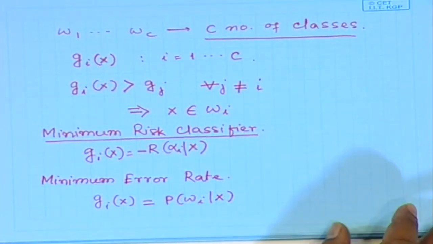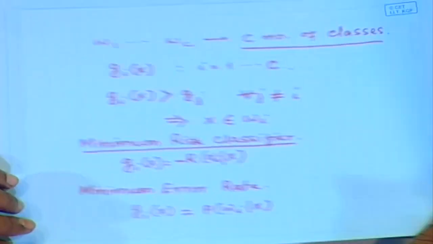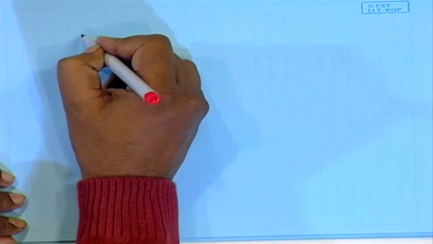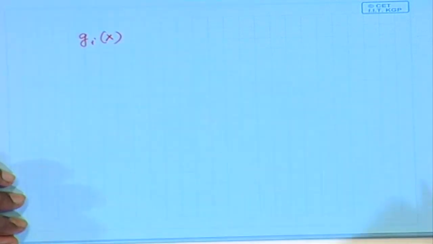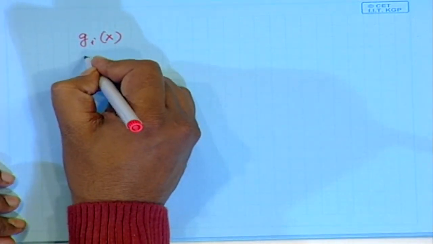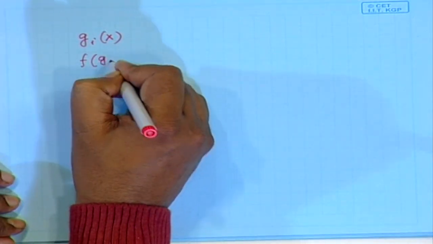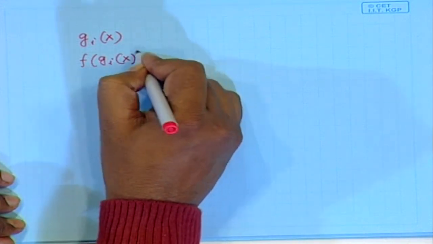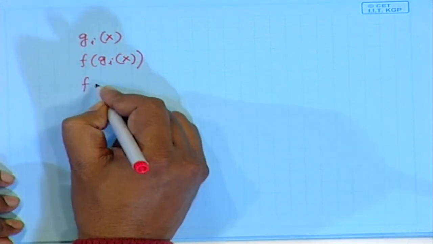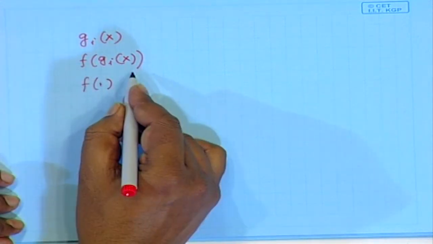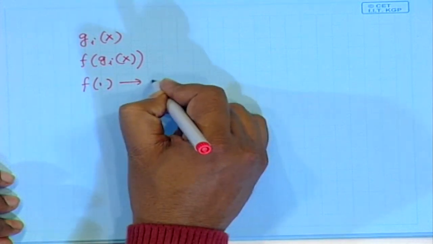Now, find that I can define g i of x like this, but the choice of the discriminant function g i of x is not unique. The reason is, if I take a function f which is a function of g i of x, and if this function f is monotonically increasing,